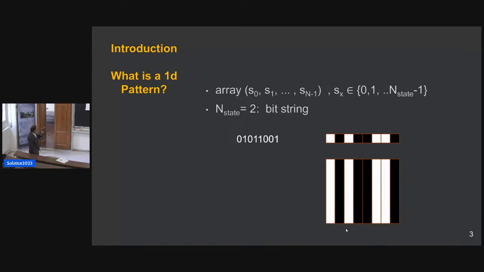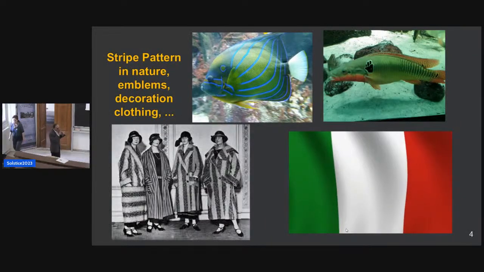So stripe patterns can be seen as a one-dimensional string pattern, let's say. And we can observe in everyday life and in nature and decoration, clothing, almost every day and everywhere we